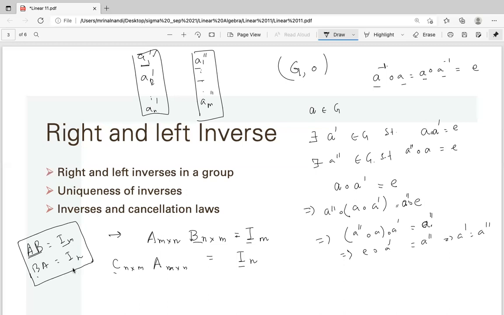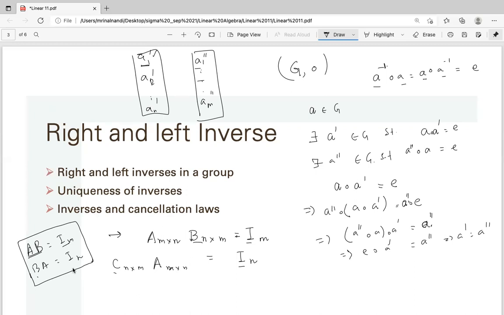But if I say, okay, no, M may not be equal to N, then you have to find an example such that AB equals say IM, BA equals IN, and M not equal to N. In that situation, if such A and B exist, B is called a left as well as right inverse of A, but not an inverse of A. Similarly, A is a left and right inverse of B, but not an inverse of B. So the definition of inverse is not just a right and left inverse. If something is a left and right inverse, it is an inverse in the matrix case, not in the group case.